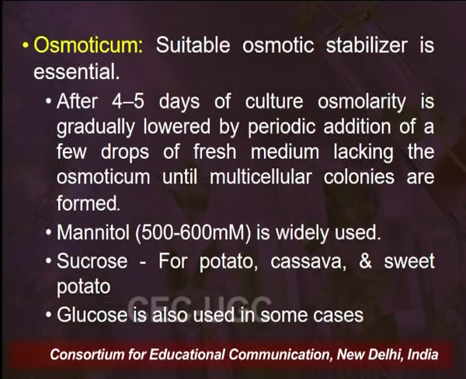The osmolarity of the osmoticum is again an important factor that helps in defining the growth of the protoplast culture. It has been found that after 4 to 5 days of the culture, osmolarity is gradually lowered by periodic addition of a few drops of fresh media, which lacks the osmoticum, until multinucleated colonies are formed. So, gradually we have to decrease the osmolarity in the culture media, but this again should be gradual, as sudden decrease in osmolarity will cause damage to the protoplast. Various agents like mannitol, sucrose and glucose are used as a stabilizer to maintain the